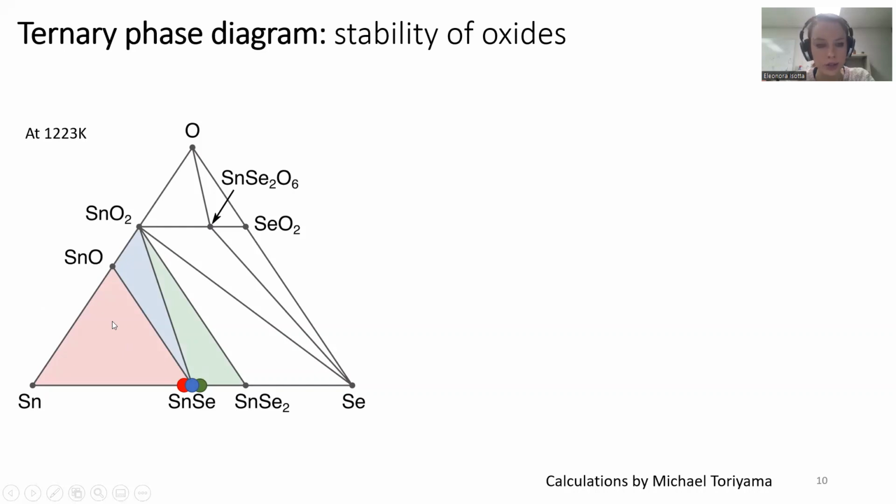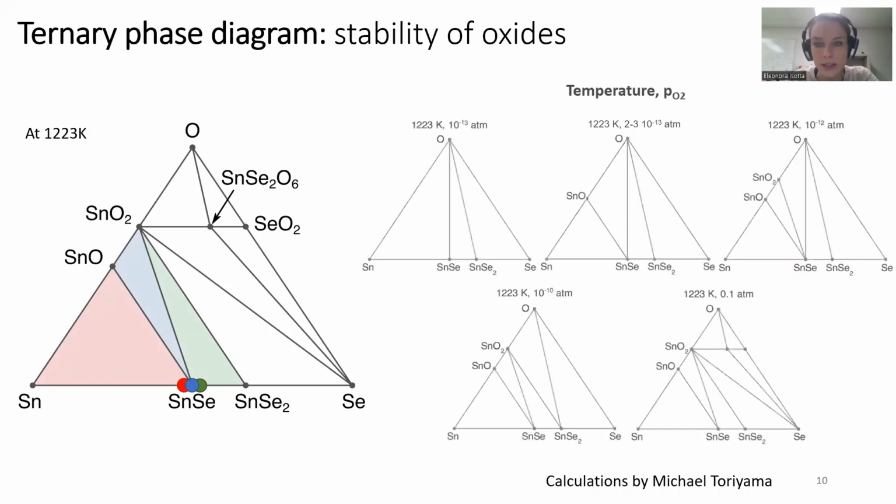But there's another consideration to make at this point, because as you know, of course, when we make a synthesis, we limit the amount of oxygen, because we do not want to form oxides. So we need to understand how the phase diagram changes for very little amounts of oxygen. So we calculated the phase diagram for different partial pressures of oxygen, PO2, and we can see that for very